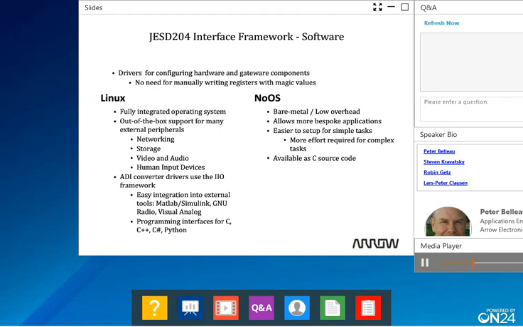The NoOS drivers, on the other hand, are more bare metal and have no additional external dependencies. This means they are suited for integration into other third-party operating systems or even applications that run without an operating system at all. This potentially allows to create very bespoke applications that can be fine-tuned to the target environment. For simple tasks, this might be easier to set up than in a fully integrated system like Linux, but the more external interaction is required, the more complex things get, and the more has to be done by hand. NoOS drivers are available as source code in the C programming language.